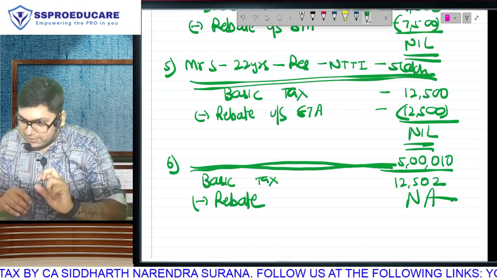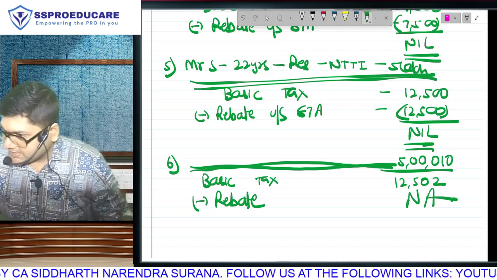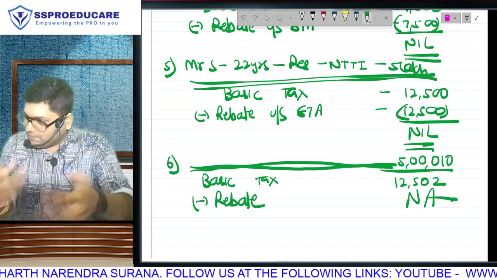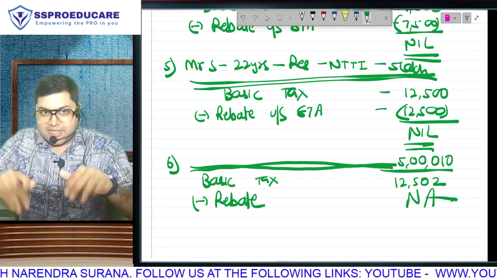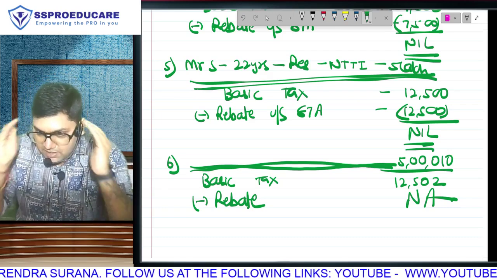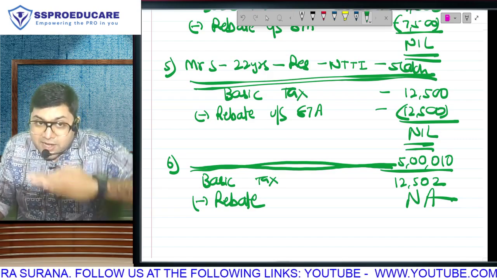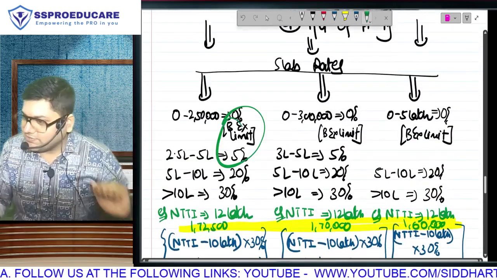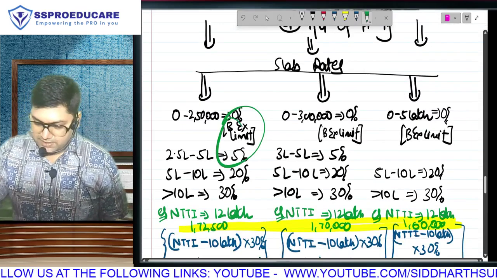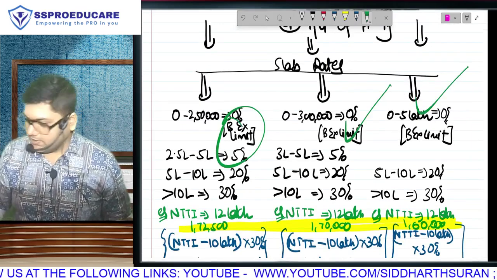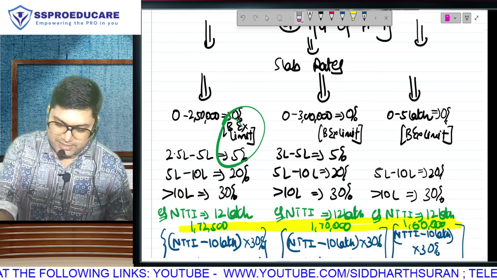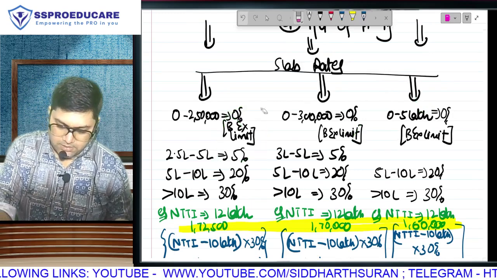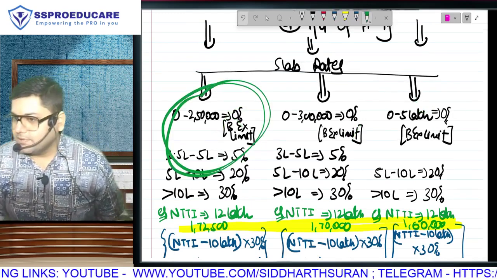And a bright student will ask a very good question at this stage. Sir, that means if it is exactly 5 lakh, the full amount will go away because of rebate, and anything above 5 lakh, I will not get rebate. Clear? But sir, my doubt is, till 5 lakh as per these slabs the highest possible tax is 12,500 only. Either it will come 10,000, or it will be 0. So what is the highest possible tax